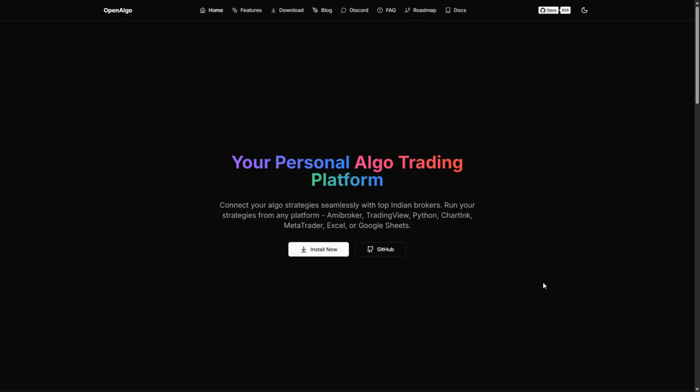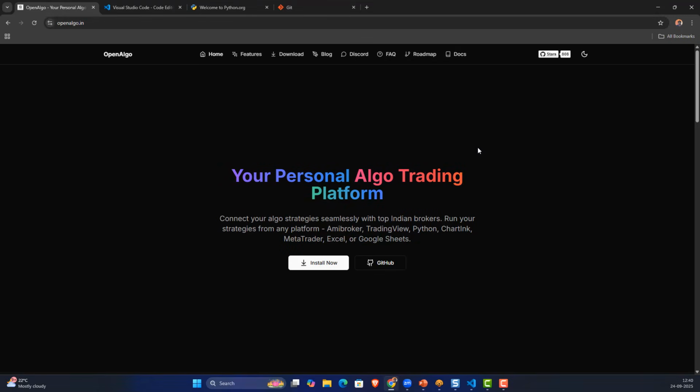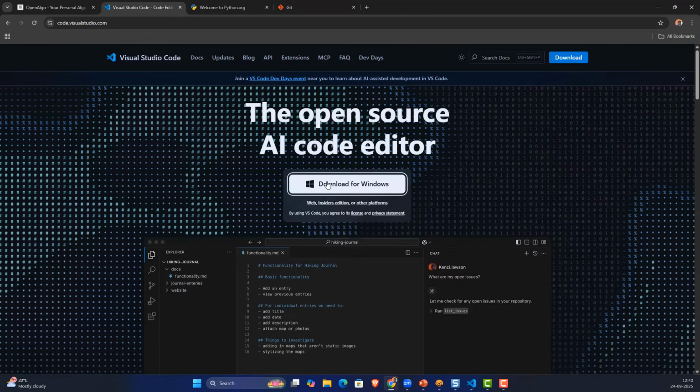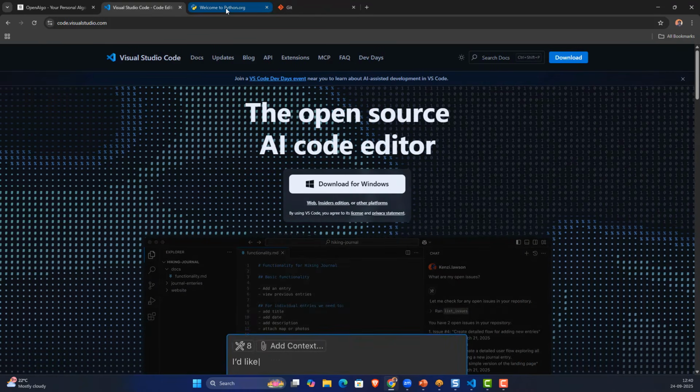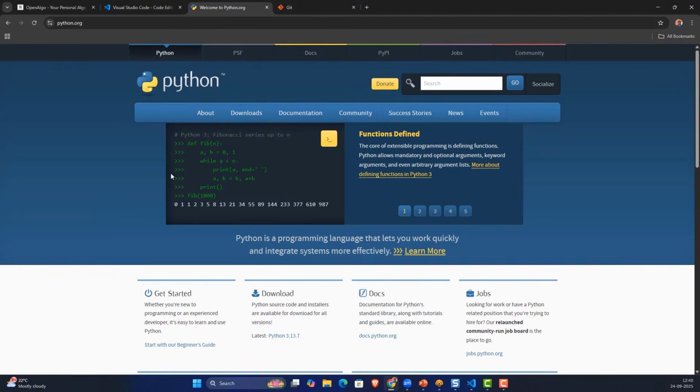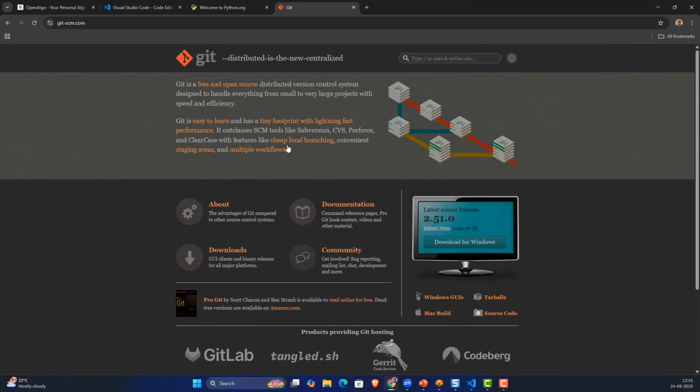Hey everyone, in this video we're going to learn how to install OpenAlgo on a Windows machine. First things first, let's go through the basic requirements for installing OpenAlgo. Ensure that you have downloaded VS Code, and that you have downloaded and installed Python as well, and also installed Git SCM. Once all the installation is done,